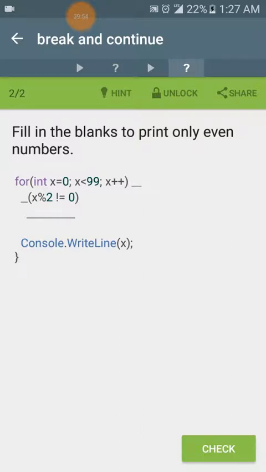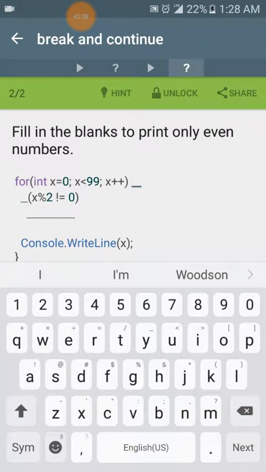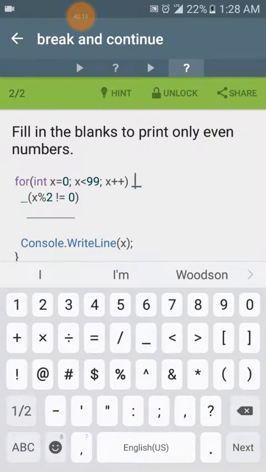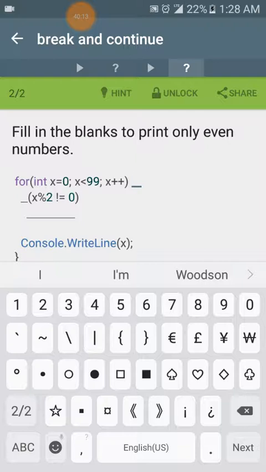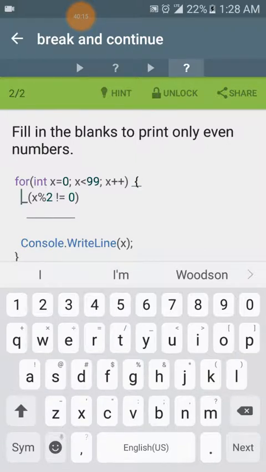All right, fill in the blanks to print only even numbers. For int x equals 0, as long as x is less than 99, x plus plus. Okay. I need a curly brace. Then I need an if x modulus 2 does not equal 0,